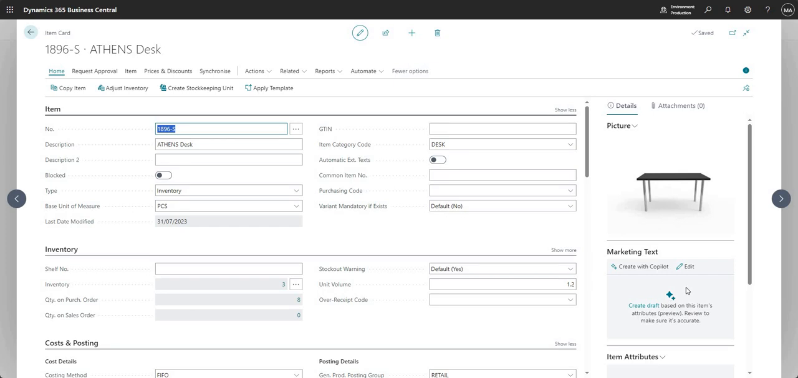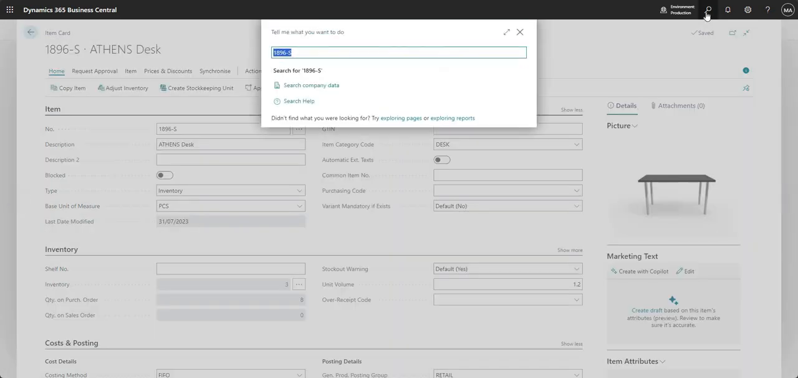Now what I should say is I have enabled the Copilot functionality in this particular environment, but before you can start using it, you do need to enable that. As soon as you go into your environment and try to start using it, it will ask you to agree to a disclaimer which is listed on screen. I can't show you that here because I've already